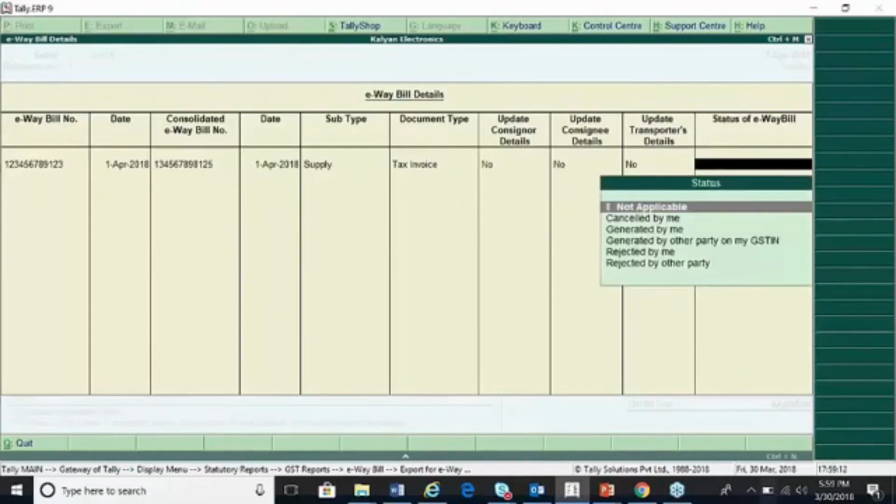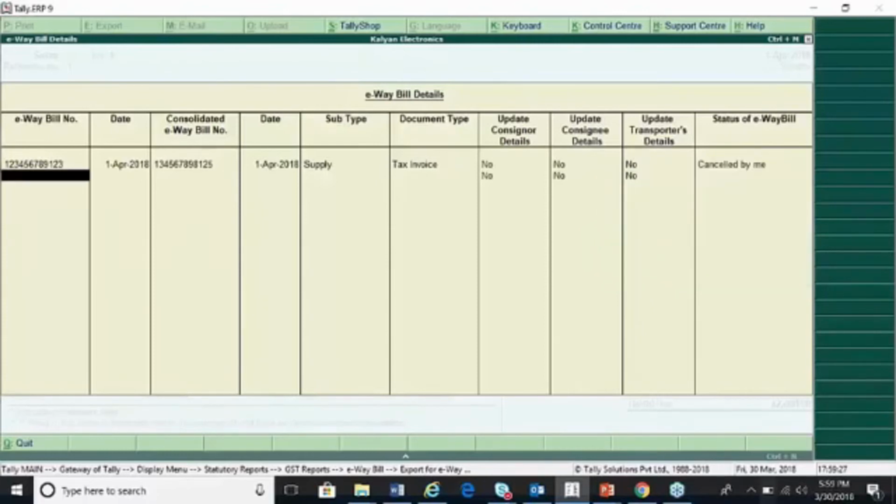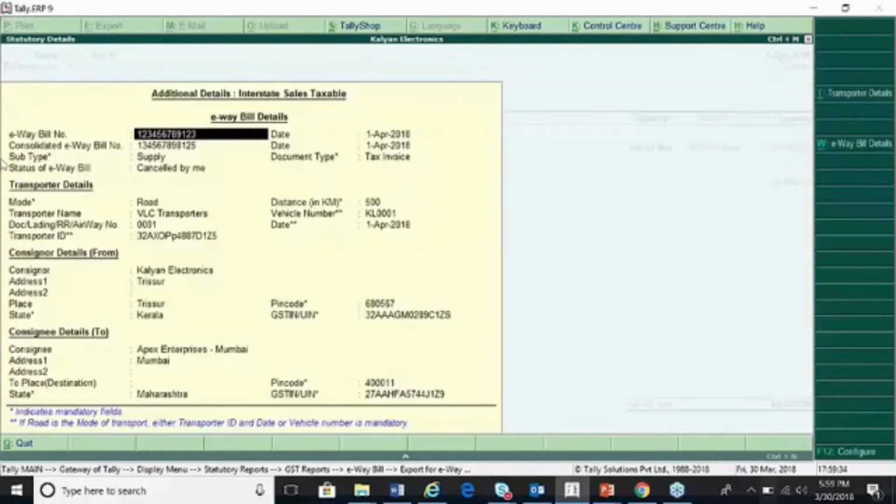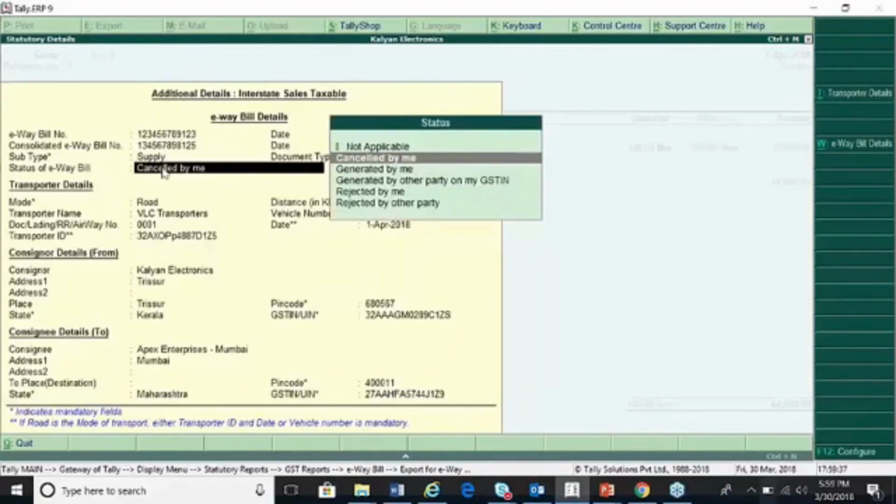So in case you want to update the status of this e-way bill, whether it is cancelled for some reason, and if it is generated by other parties, you can just update, this gets updated. In case you are cancelling this because there was wrong information given and so on, immediately you have generated the new e-way bill number, you can update. Fine. So the status again you can see on the main subscreen, that is status of e-way bill if it is cancelled.